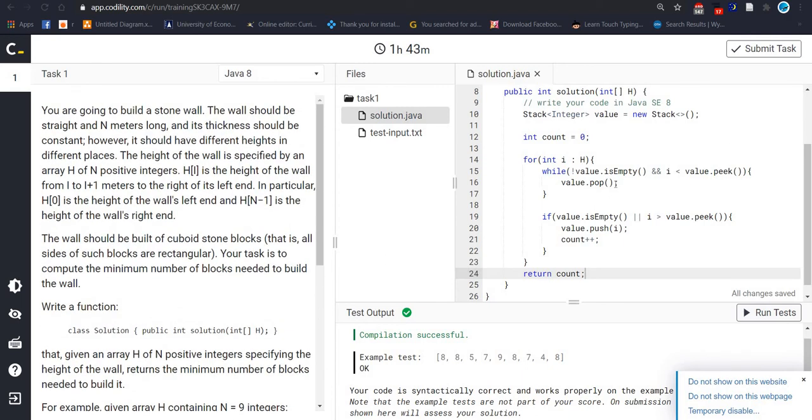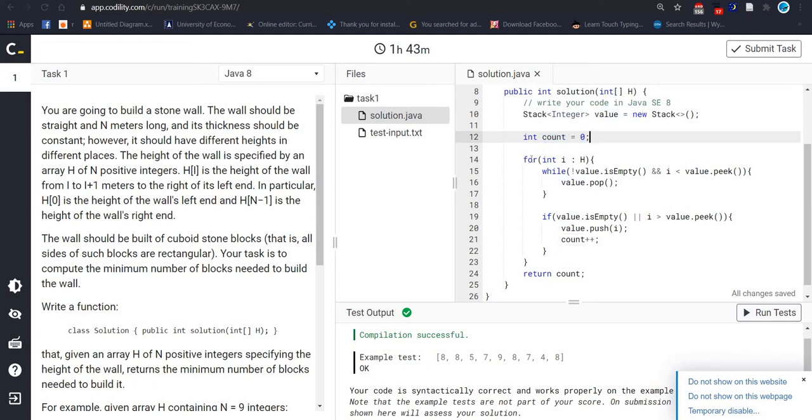We should find out the minimum number of blocks, how many blocks we need to make a stone wall. That's why at first we define a stack data structure, and initially I call the variable name value. After that, to count the block number, I took one variable, count, and initially I define it as 0.